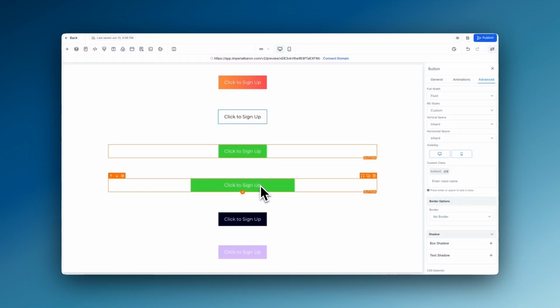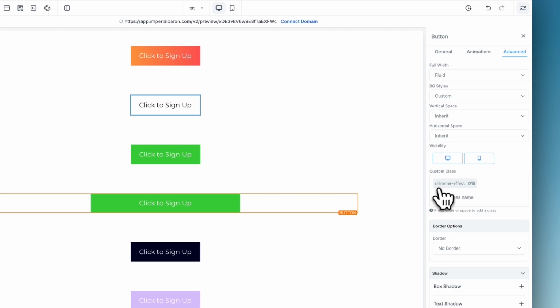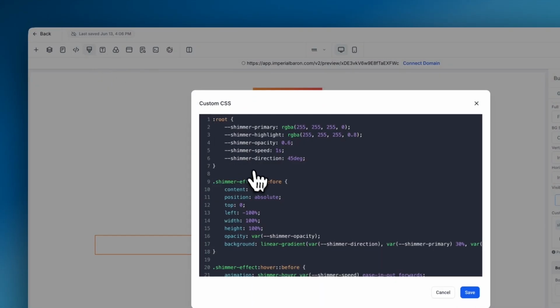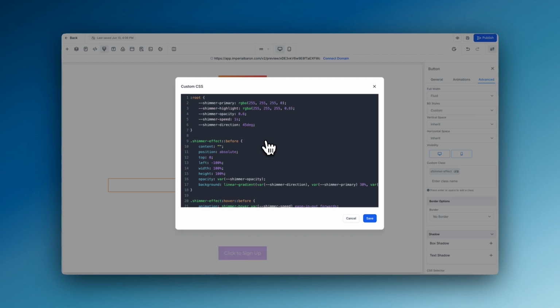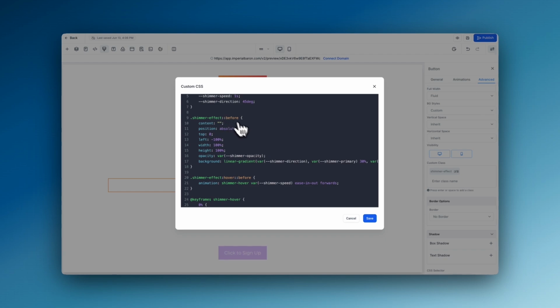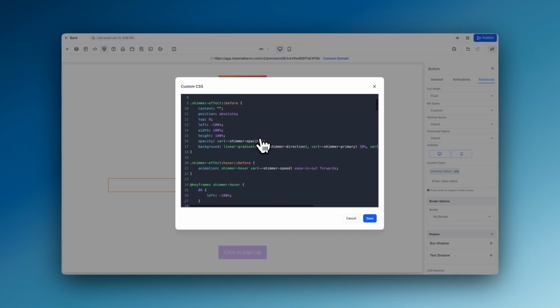The next one is a really cool shimmer effect. This one has the class shimmer effect, of course, and this is the code that you need. Again, a more complex effect that I decided to show you. We have variables here, and you also have the effect. Let me go all the way to the right so you can see everything, so you can copy them,